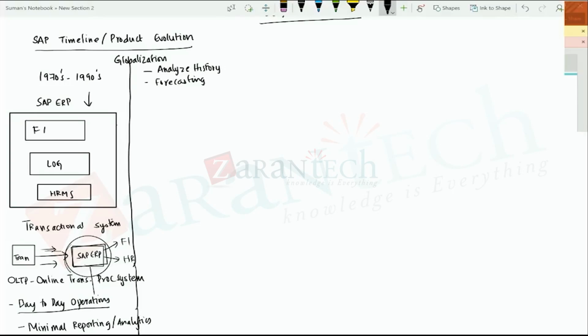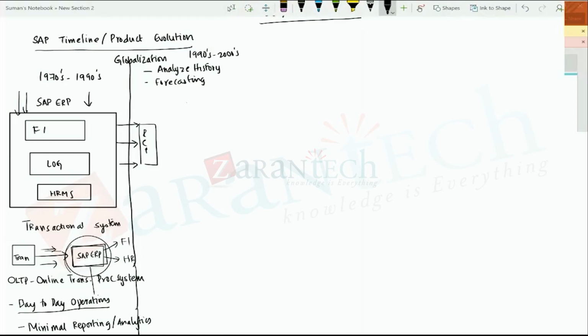When every organization started looking at the possibility of doing extra analytics, this ERP solution was not sufficient. The functionality of the ERP system is to get data, how efficiently I can bring the data into the system. But it was never built to extract data out of it and use it for reporting functionality. So since there was a lot of information required from a reporting perspective, in the late 1990s, beginning 2000s,